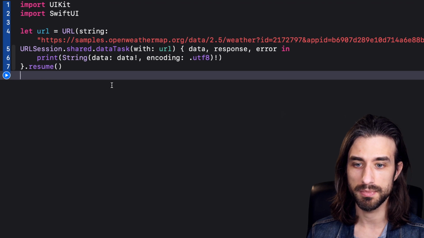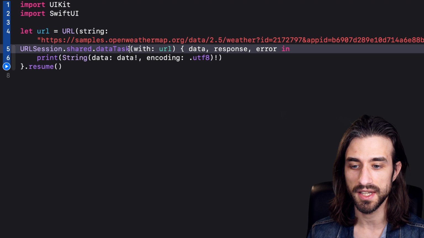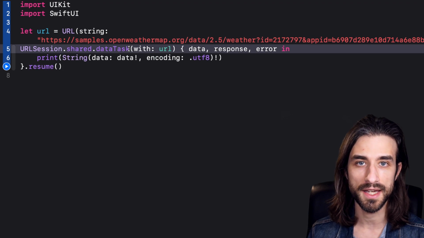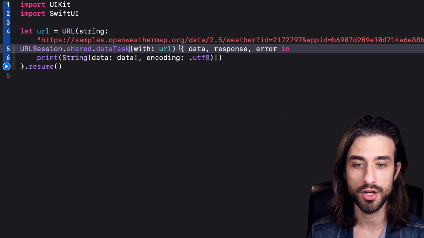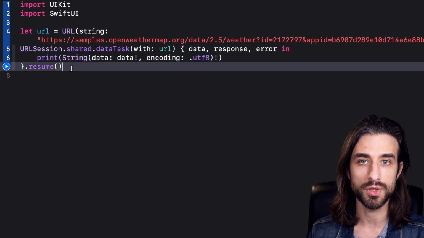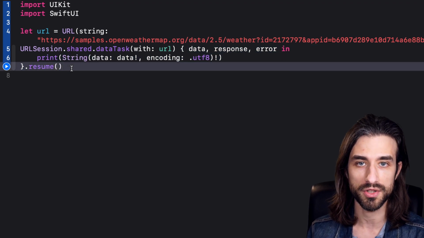So as you can see, I've just pasted a call that performs a network request. It's done using the function dataTask of URLSession. This function is asynchronous, meaning that it's going to get its data asynchronously, and then the data will be handled by a completion handler, and this completion handler is defined here with a closure, meaning a function that will be called in order to consume the result of the network call.